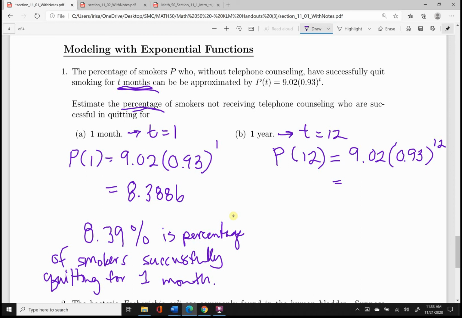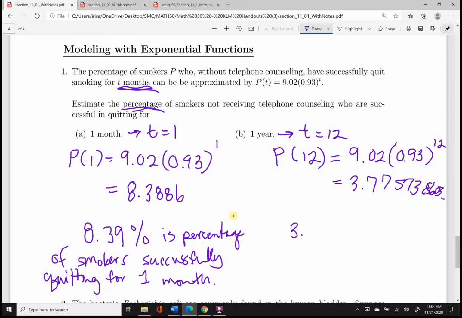What it's doing is it's taking the 0.93 and raising it to the 12th power and then multiplying the 9.02 after that. So syntax and performing these operations in the correct order, using order of operations literally, is so important to this exercise here. Okay, so typing this into my calculator correctly, I get 3.775738603. So that's the extent of what my calculator gives me. It continues forever, but I'm going to round it to the nearest hundredth and say that for this particular scenario,